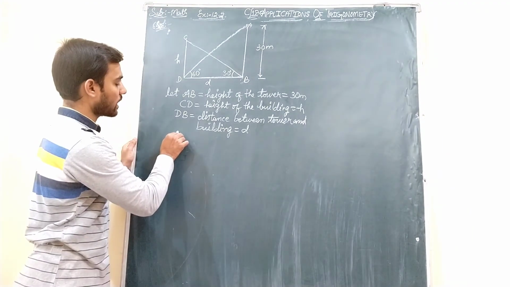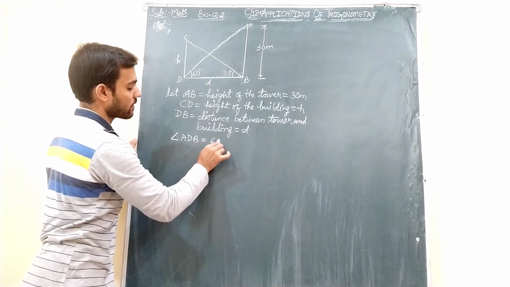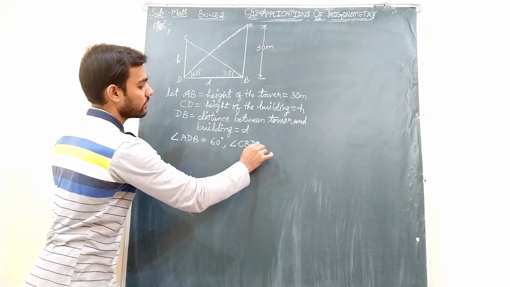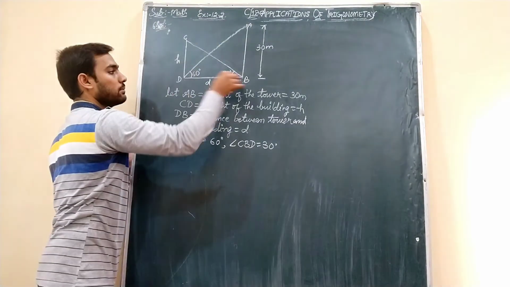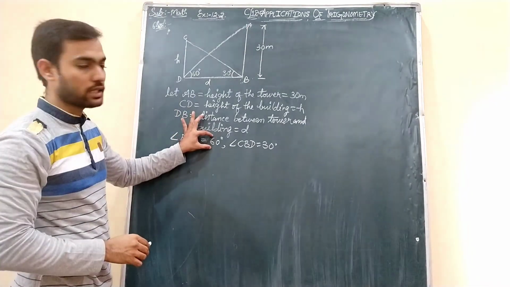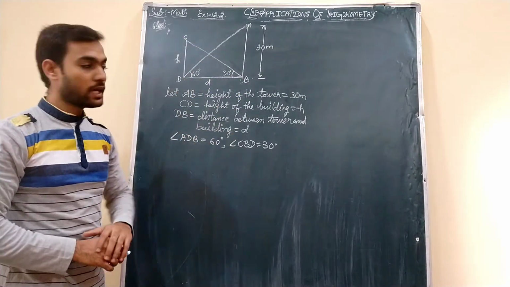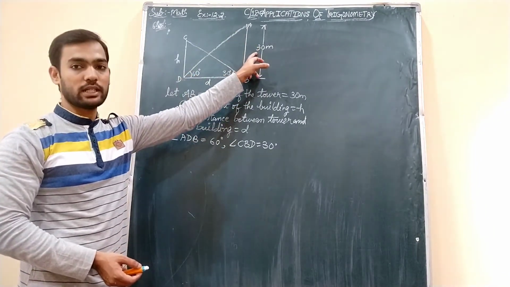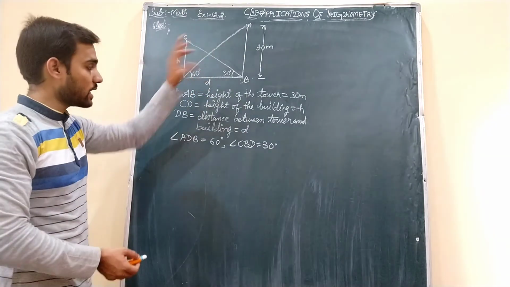So let us write both the angles. This angle is angle ADB, 60 degree, and this is the other angle, that is angle CBD, which is 30 degree. Remember, students, CBD is 30, ADB is 60 degree. Wherever we take the middle letter, that indicates the angle. So 60 degree over here, so ADB we need to take, 30 degree over here, CBD we will take. Now which triangle should we take first? This triangle ADB you should take first because this 30 meter is given over here. If you select this triangle CDB, this is also missing, this is also missing. So let us take that triangle first.